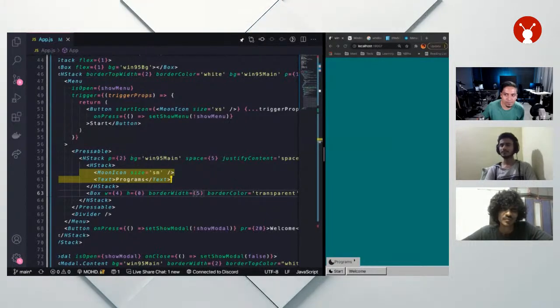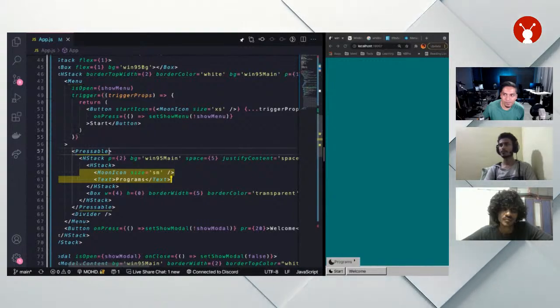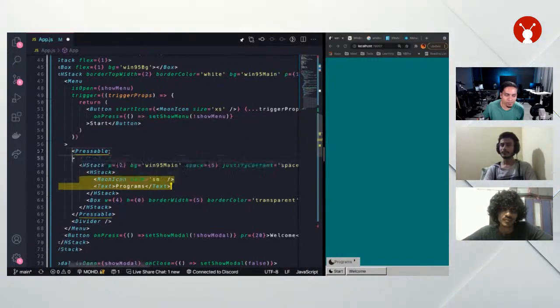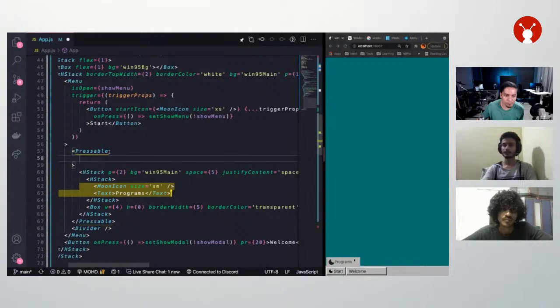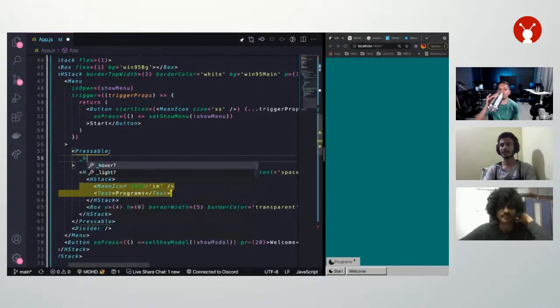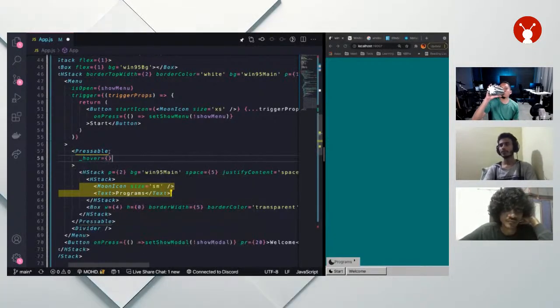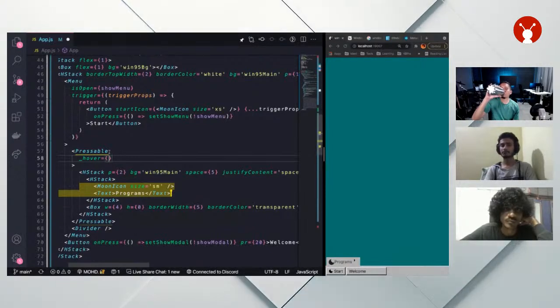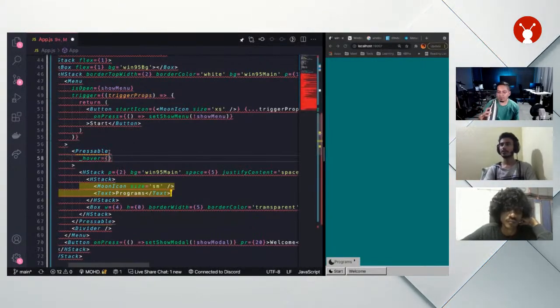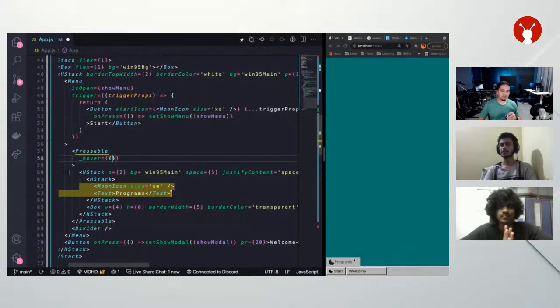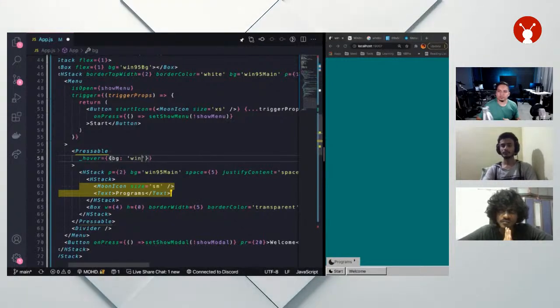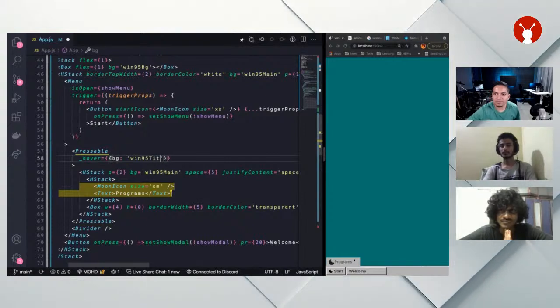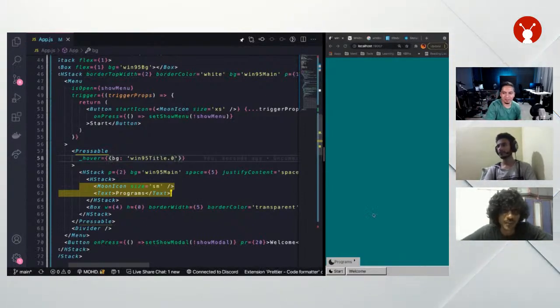So just before that, let me walk through a couple of things. Pressable components can take pseudo props, and we can style the thing on hover. Basically, I want to change the background color on hover state to, okay, so I'll set BG 95 to this color. So whenever I hover over it,